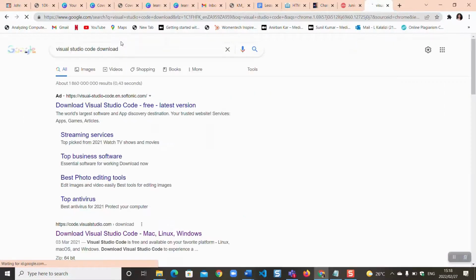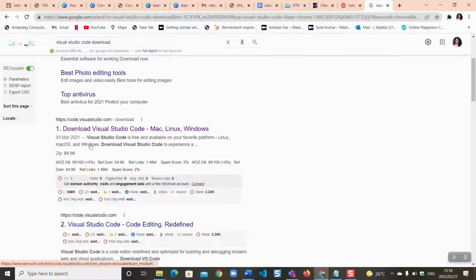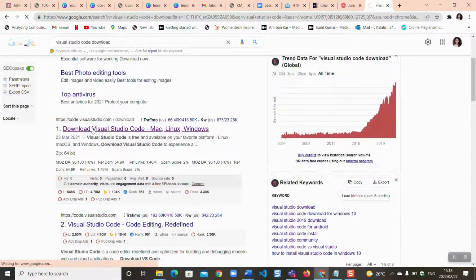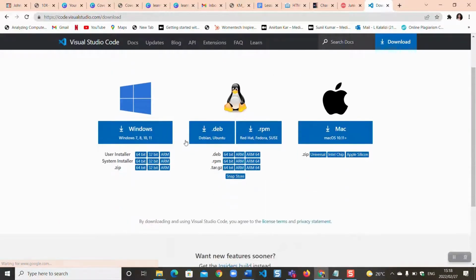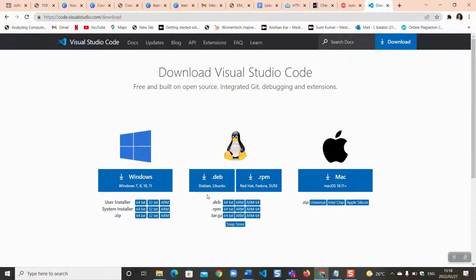When you type Visual Studio Code download, you're going to see it as the first link, you press the link there, and then it's going to show you the Windows version, the Mac version, and the Linux version. So you have to choose according to the device that you are using. If you are using Windows, please press this button here. If you are using Linux, please press this button, and then the Mac. Once you finish downloading